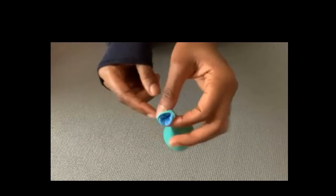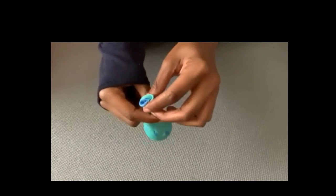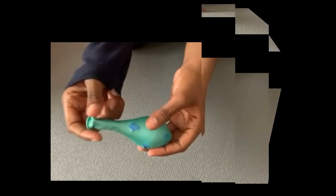Okay. And you can tie the green one if you like, or you can take like a ribbon or something and tie it, or